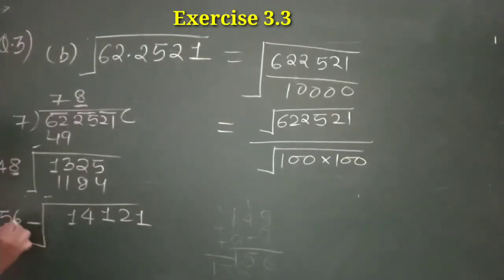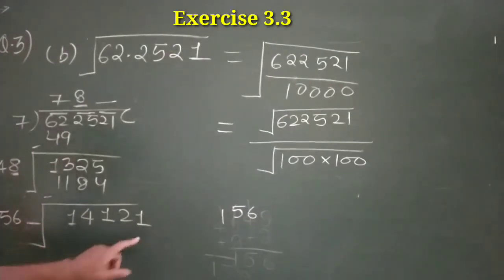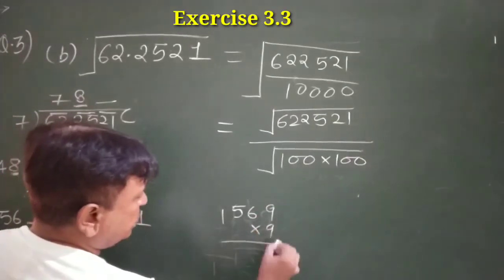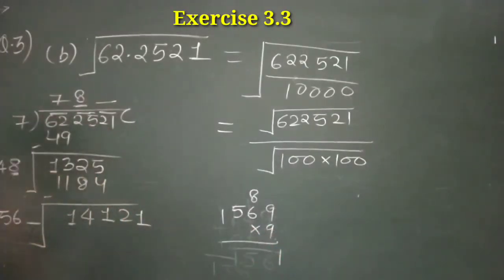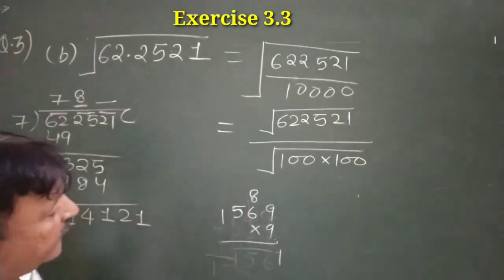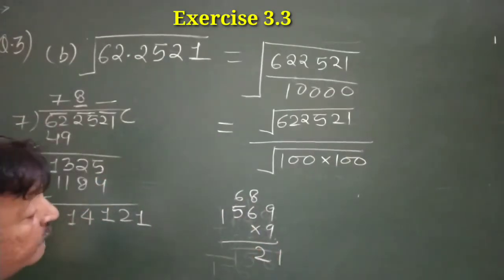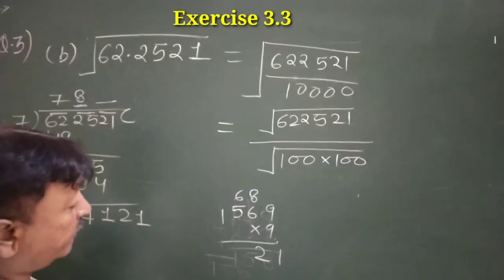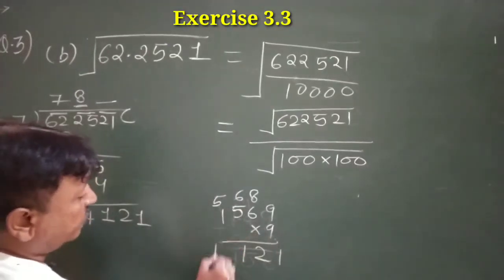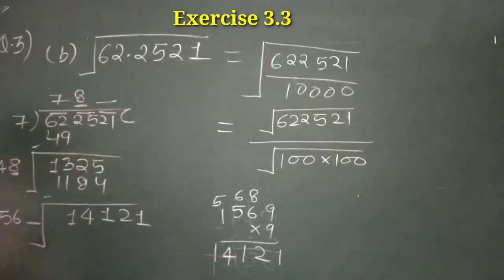Now, one digit will come here, the same digit will come here. Just check it. 156, how many times? It is a big number, so we can check for 9 times. 9 9s are 81. So the unit place digit will be the same. Let's check it. 9 9s are 81. 9 6s are 54. 54 plus 8, how much? 62. 9 5s are 45 plus 5, 45, 9 5s are 45 plus 6, 51. 9 1s are 9, 10, 14. 1 4 1 2 1. Is it clear? So it had gone 9 times. 9 will come here and we will get 1 4 1 2 1.